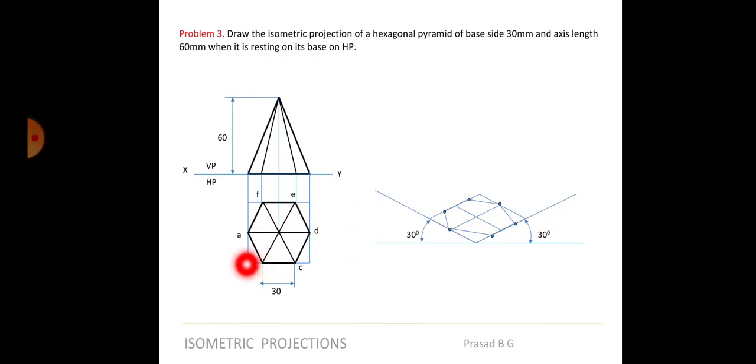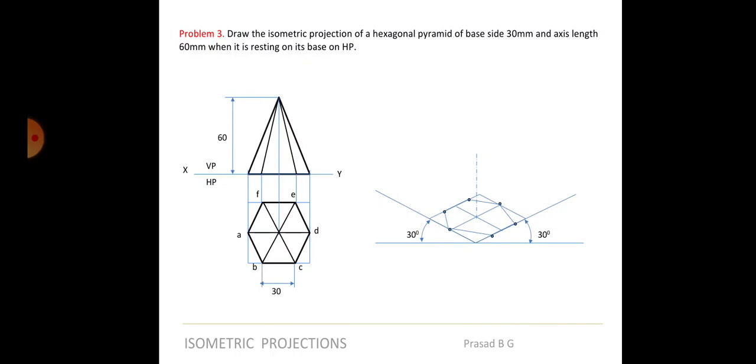You have to take the distance from 1 to B, which is the true length, which has to be converted to ISO and then drawn. That's why I told you to draw in the ISO scale itself. So when you take the center, the height also should be ISO. So from here you will take ISO 60 height like this, and then this point is O, isn't it? You reach the apex point. So from here you have to join all the corners.